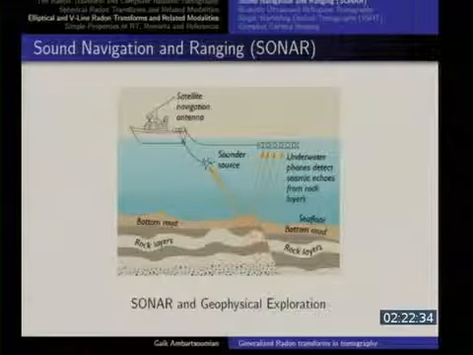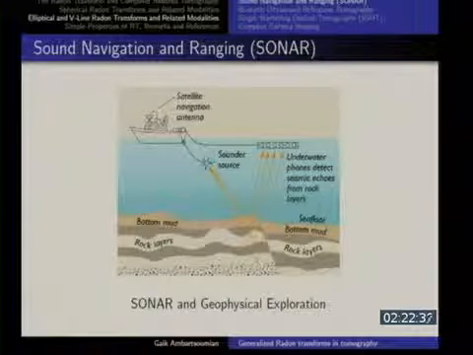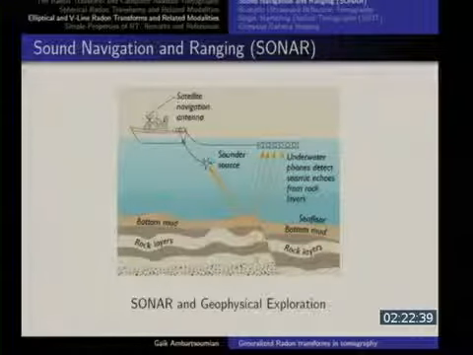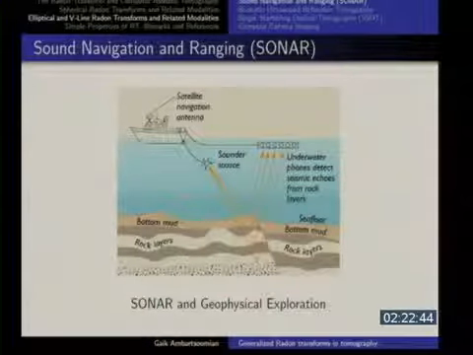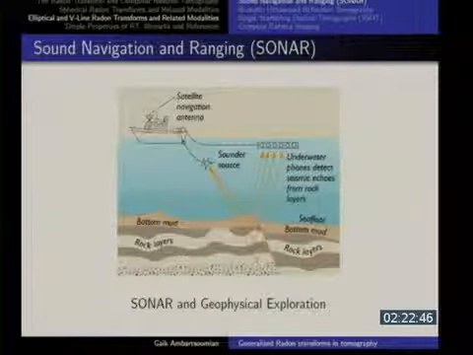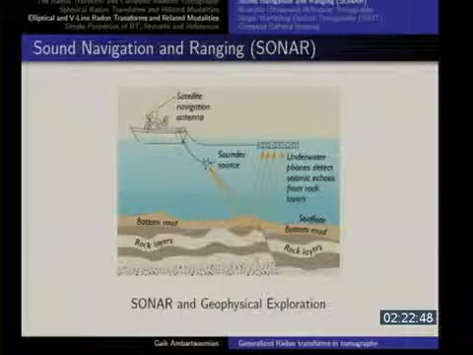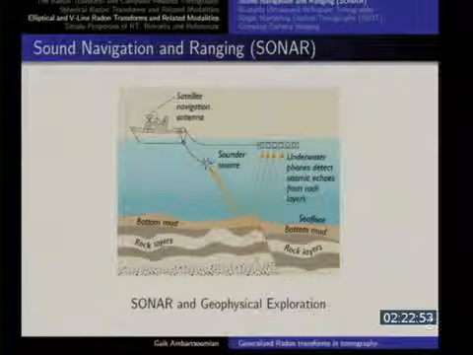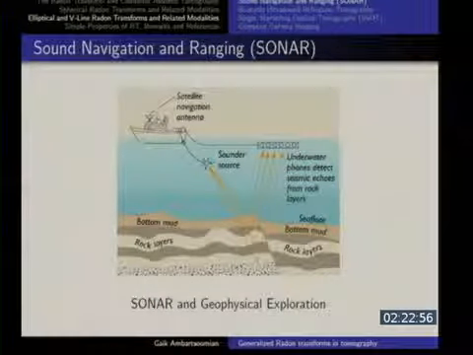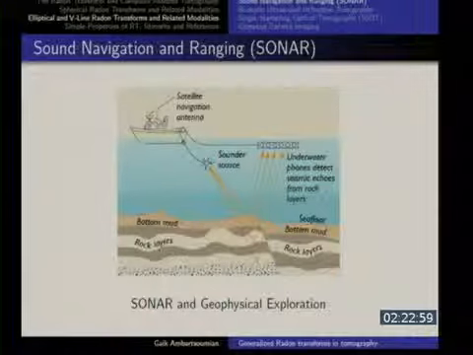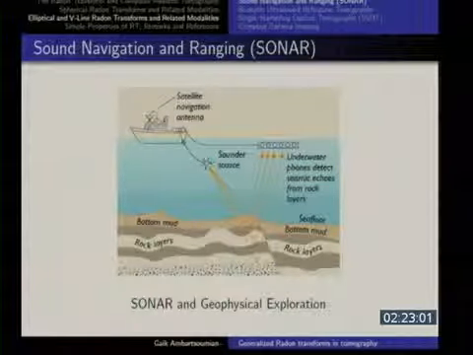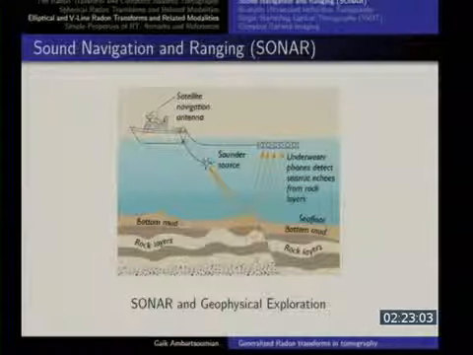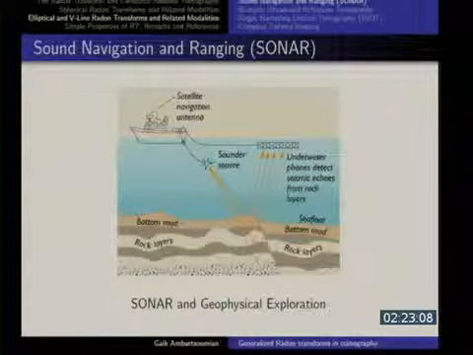Let me make a picture here. So you have the source and you have the receiver, and you know the time that passed, and let's assume you know the speed of propagation. So by knowing the time and the speed, you know how much distance the signal traveled, and it reflected once. So if this is D1 and this is D2, you know this quantity. This D1 plus D2 is fixed. But you don't know where this reflection happened.